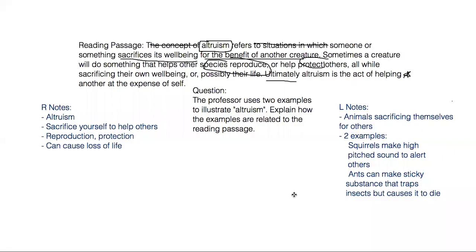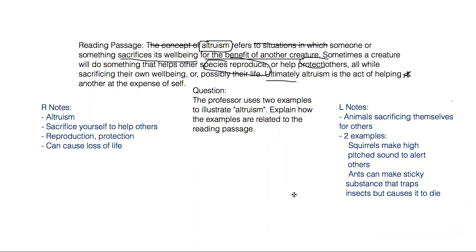So in the listening, the lecturer discussed animals sacrificing themselves for others through this idea of altruism. She gave two examples to support this theory. First is squirrels who will make a high-pitched sound to alert other squirrels around them that there is a predator nearby. And secondly, ants can release a sticky substance that traps insects who might be out to harm other ants,